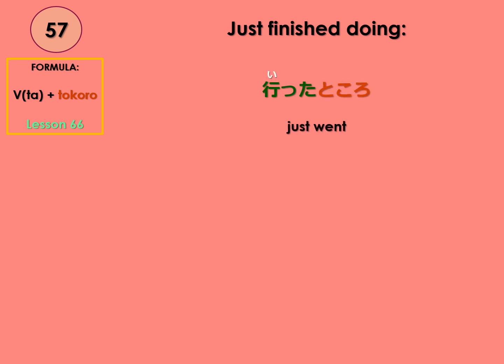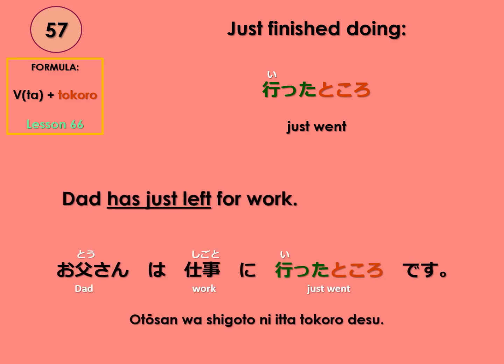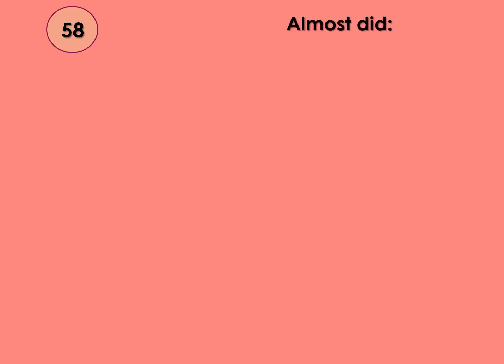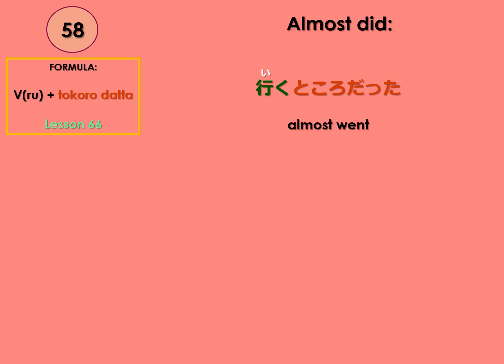57, just finished doing. Ta tokoro, ta tokoro. Also lesson 66. Just went. 行ったところ、行ったところ. Dad has just left for work. お父さんは仕事に行ったところです。